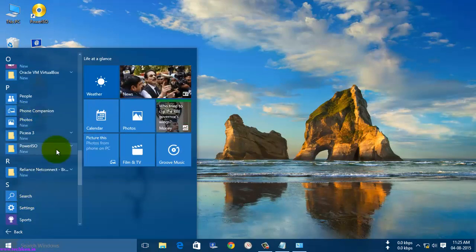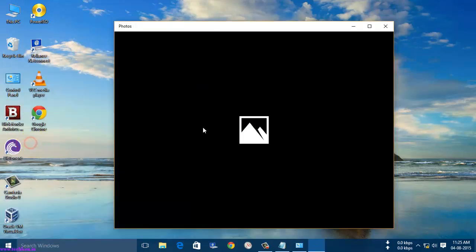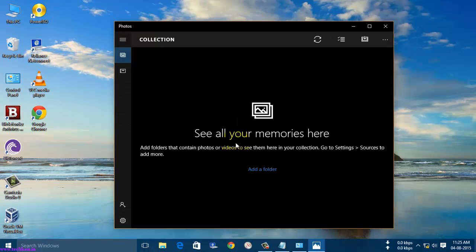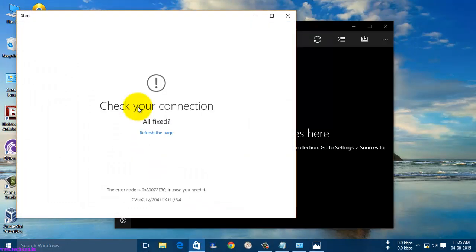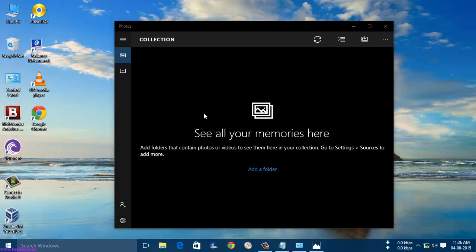And these are the settings which you have in the apps. But the disadvantage here is you are not having good quality apps, you are only having the minimum quantity of apps. You need to go to the store for downloading all the apps. You need to have a Microsoft login for that, because whenever you are passing the login, it will ask for a confirmation, and it will send your data to Microsoft and check all the things, and after that only the apps will be